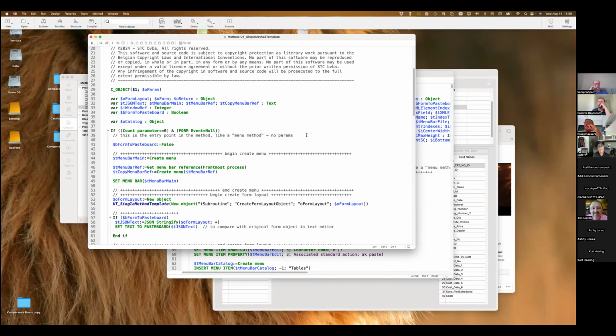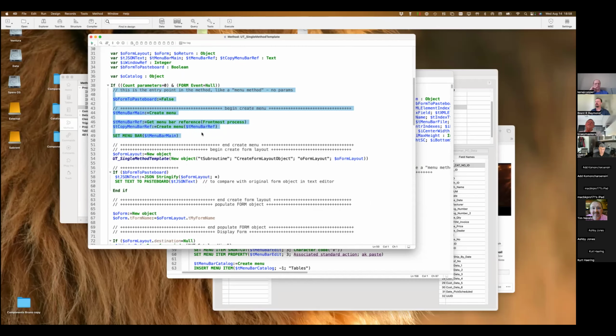If that's not the case, that is the entry point of the method, and you can think of it like a menu method. If you are in the menu editor and you attach a method to the menu, that is a method that you usually call without any parameters. So all that type of code where you eventually set up your menu can go in here.